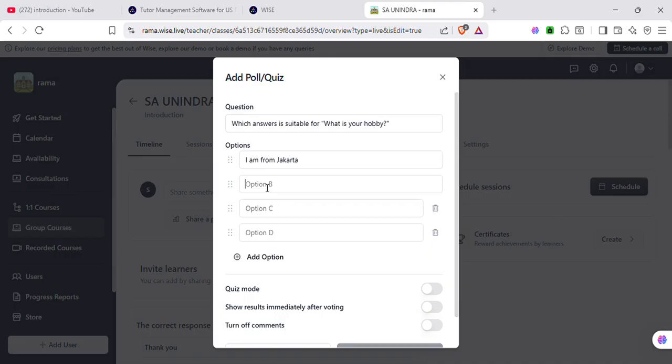Option B, I like playing football. And the option C is I am 10 years old.